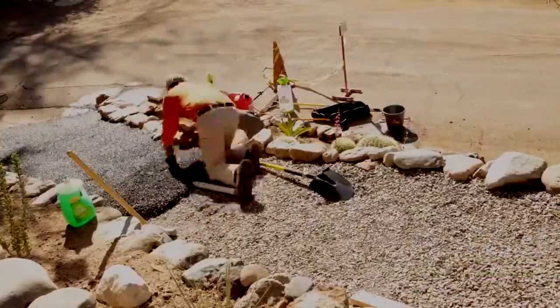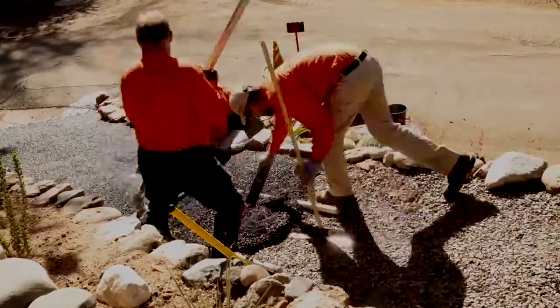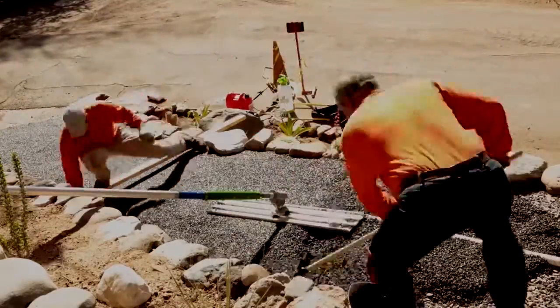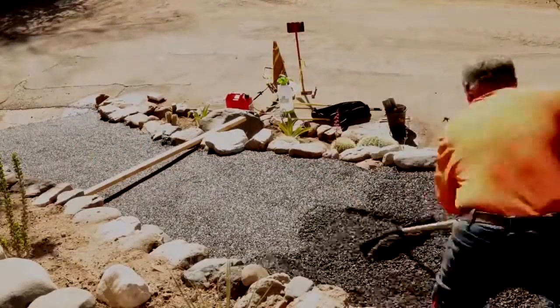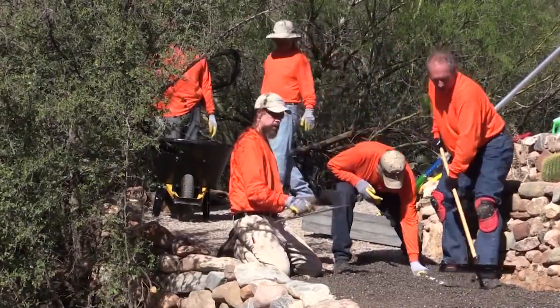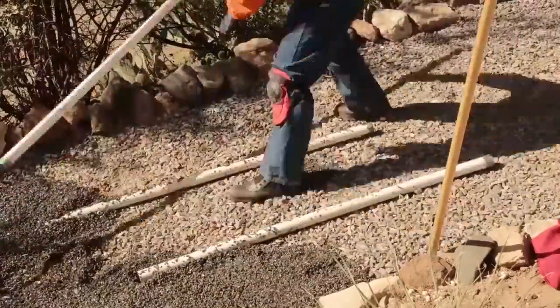As well as it's really durable and really flexible, so it'll expand and contract with freezing, thawing conditions, and I've never seen anything like that on the market. Porous Pave is a very durable, flexible, and porous, eco-friendly paving material, and we just thought it would be a great paving product or a paving alternative for Tucson, with the varying colors that we have, they blend in really